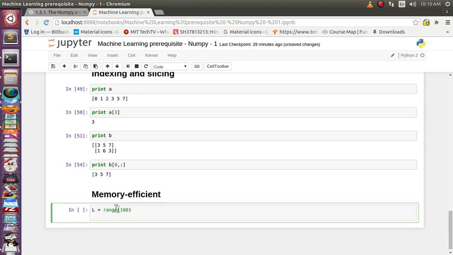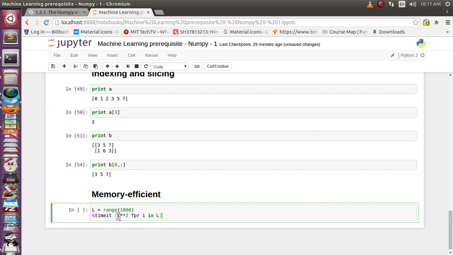So this is a range function, and I have installed one library which just finds the time taken by a particular line or particular lines of statements on a CPU to execute. Now suppose it has generated an array from range 0 to 999, and we want the square of each and every element of it, and let's try to find how many seconds, milliseconds or microseconds it will take.